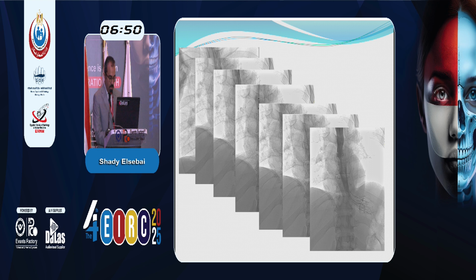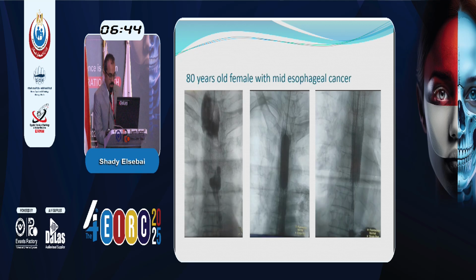And this is the final imaging. See the contrast passing freely through the stent. Another case with mid-esophageal cancer causing near total occlusion of the lumen. Contrast is injected, showing the entry point and the length of the stricture. A stent is inserted and dilated, with final imaging showing free passage of the contrast through the stricture and through